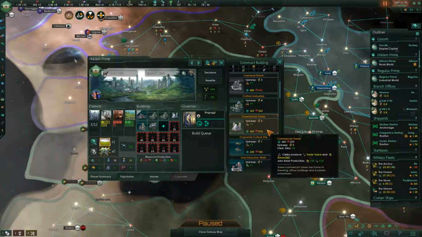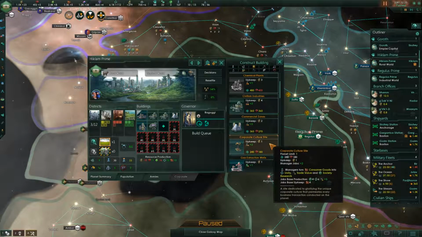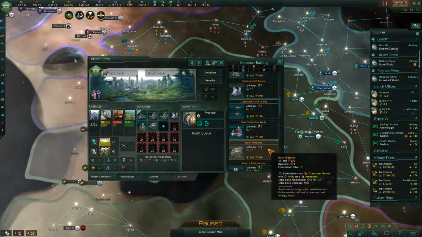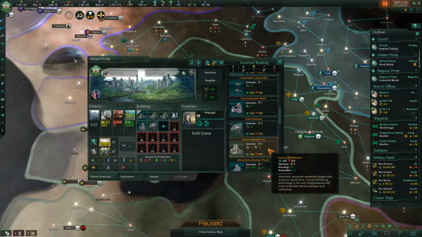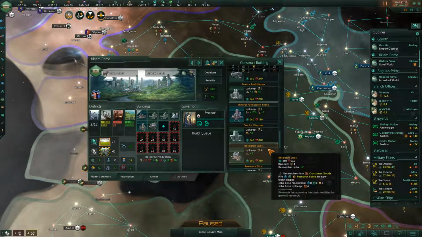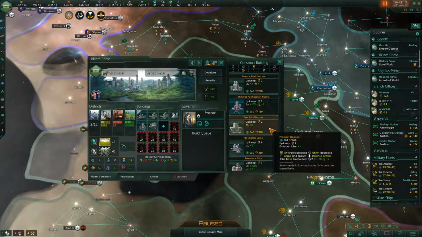We don't want to do anything that consumes consumer goods. We already have a lot of exotic gases, so that's not really something we need. We already have a holotheater, so that's not something we need. We're all right on residences. Mineral purification plant might not be a bad idea. So you get a miner job out of it, and you get 4 minerals. How's crime? We really don't have any, so...